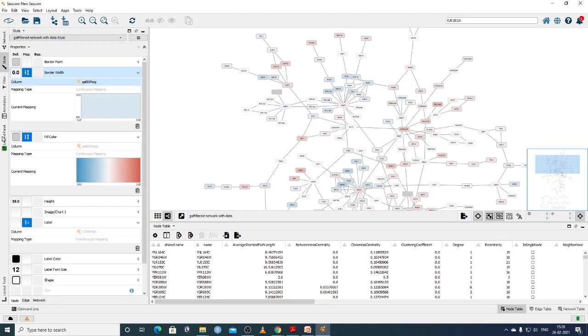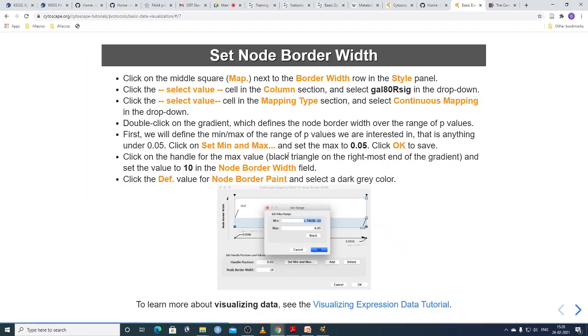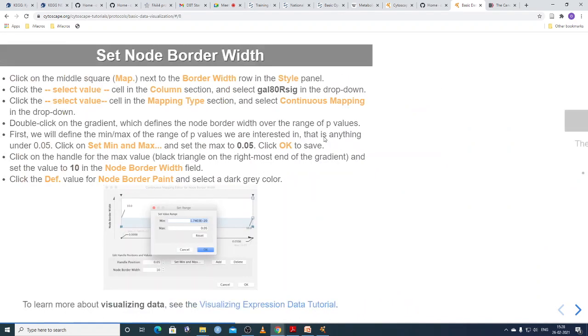Let us go to the legend panel here. You can see GAL AT as a node field. The node field is based on whether gene expression for GAL AT is higher or lower, based on the level of expression change of the different metabolites. The node border means significance level, based on the significance level of the GAL AT. These things we can select here.